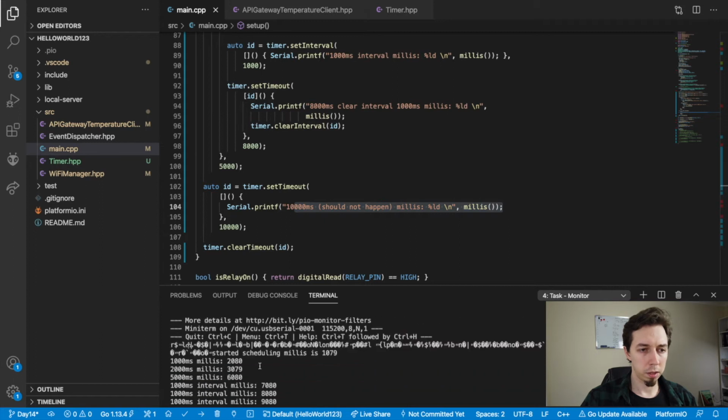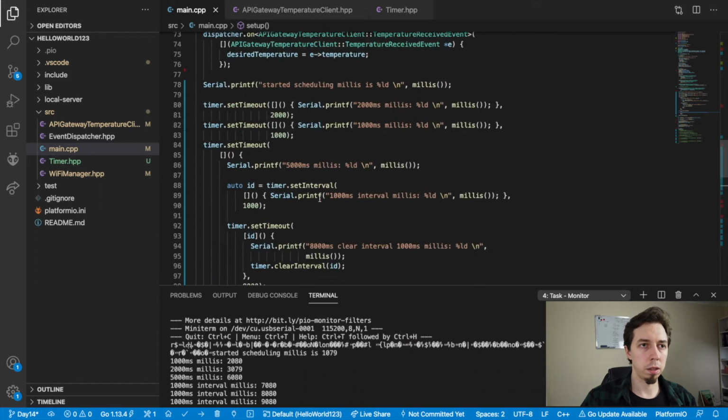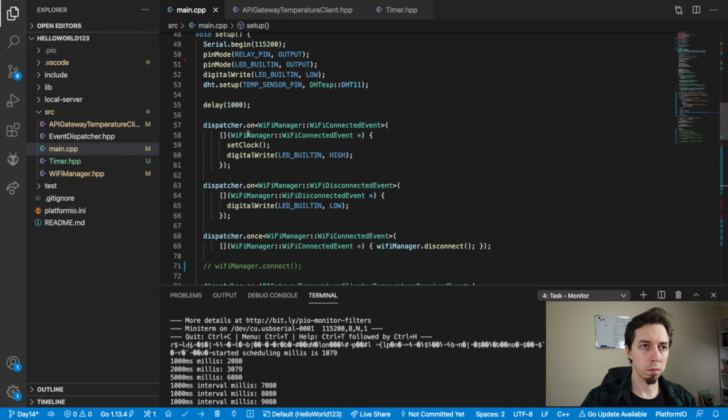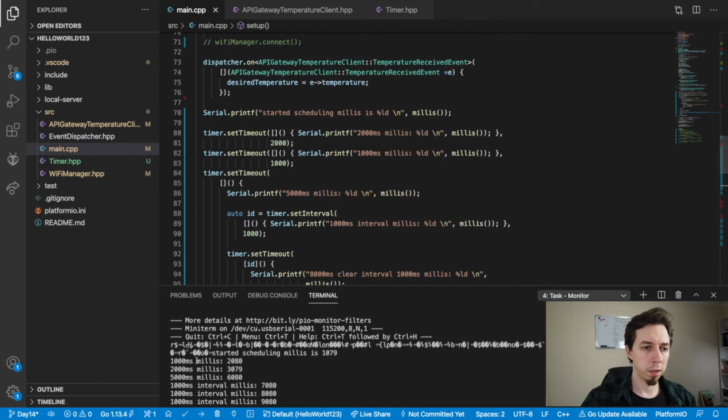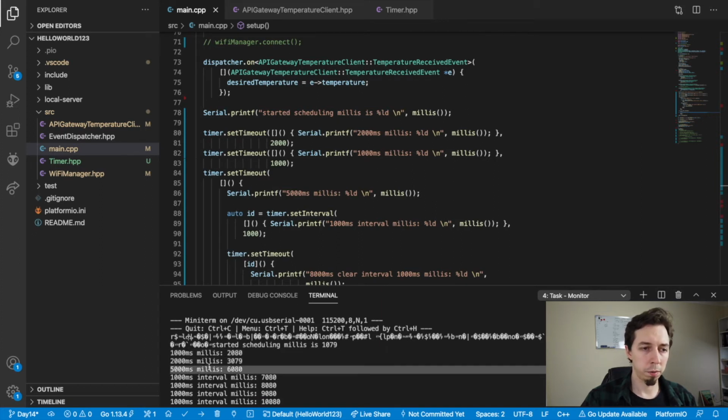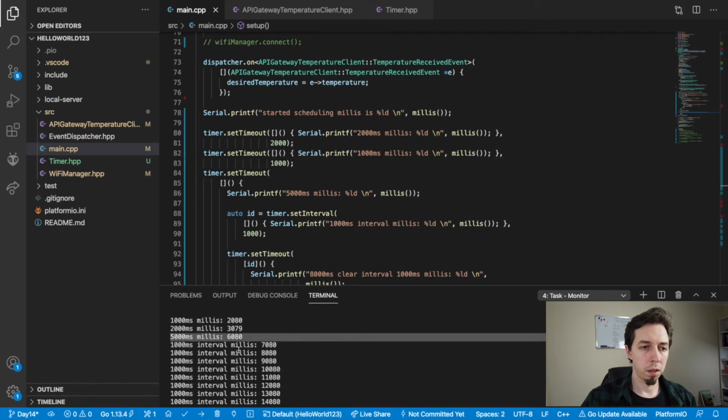Then let's start from the beginning. So we had this delay 1 second, which is this one, right? Then we see started scheduling 1 second, right? 1000 milliseconds. And then after 1 second, we have this one. Then this one after 2 seconds. This one after 5 seconds. And then every second, we get the interval